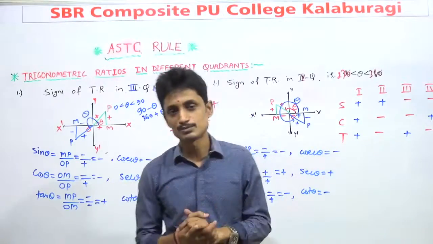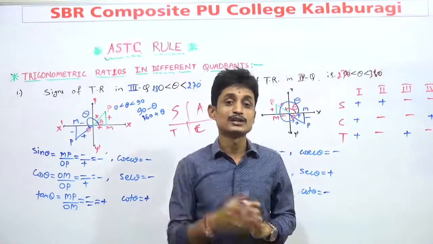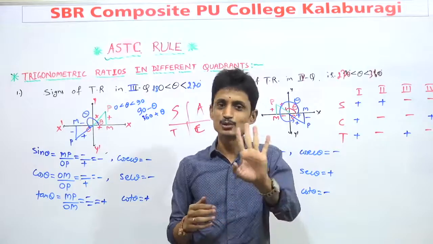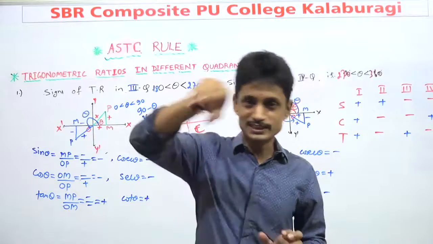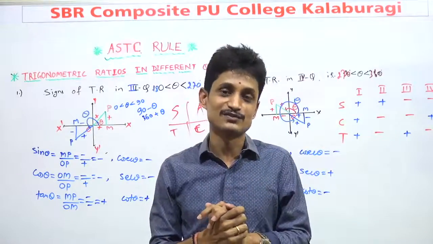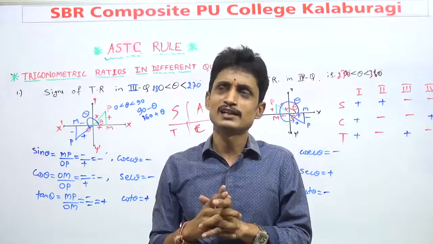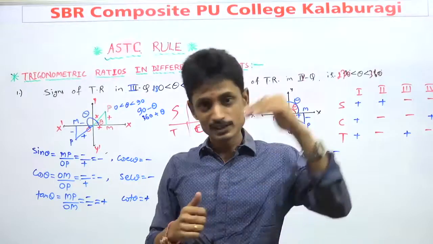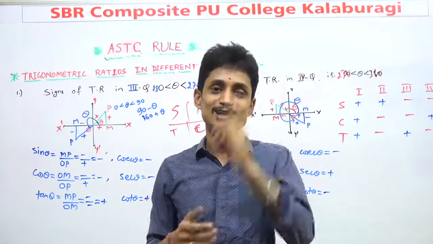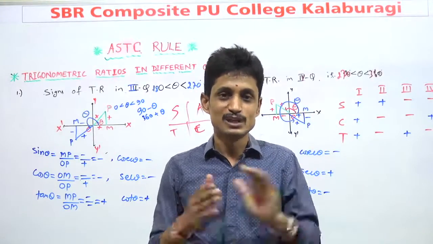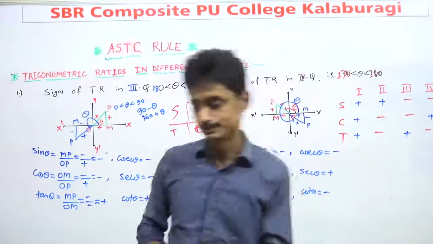Regarding this, we have so many problems. We have to find the value of cos of 135 degrees. But we have only 5 standard angles: 0, 30, 45, 60 as well as 90. In that itself we can reduce our 135 degrees. Later we think about the 135 degrees. Where does it lie? It lies in the second quadrant. If it lies in the second quadrant, what would be the ratio? Of course, it is a negative ratio, a negative value. At that time, this ASTC rule will be helpful for us. Note it.